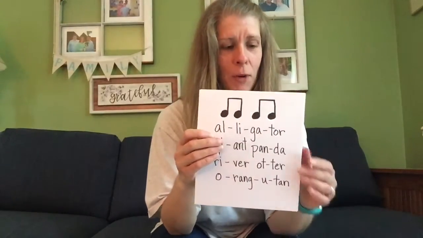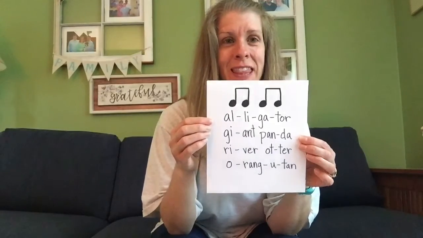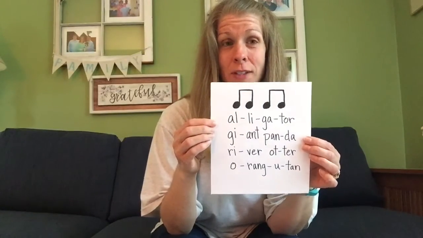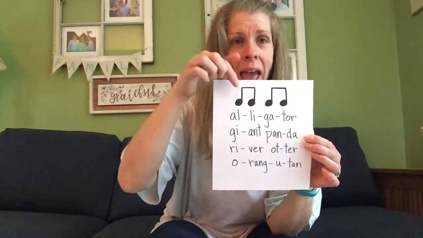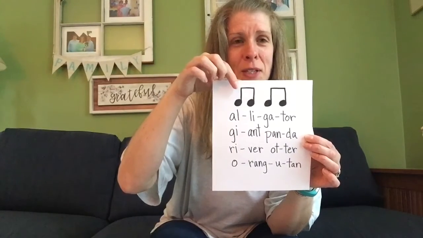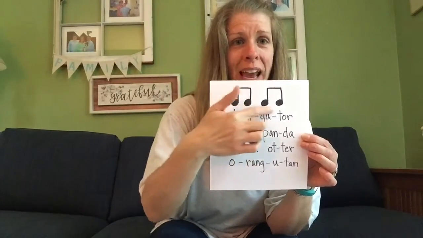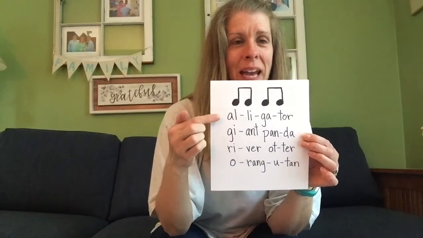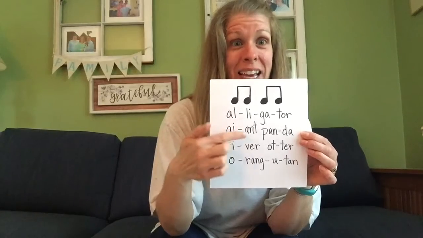The third animal is going to have 4 syllables. I want you to think of your own animal that has 4 syllables, or maybe you'll want to use one of my examples. Here to represent the 4 syllables, we have ti-ti-ti-ti, 2 groups of eighth notes that are paired together. My examples are alligator,